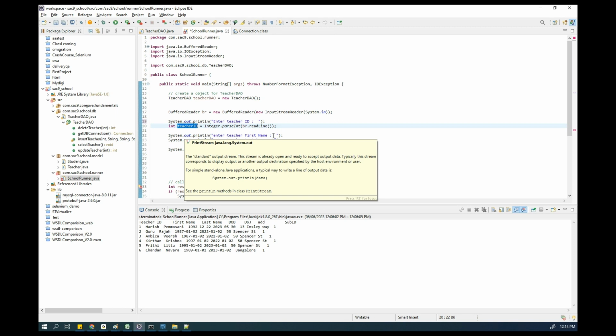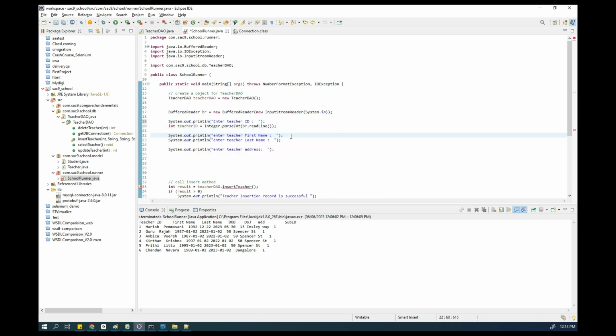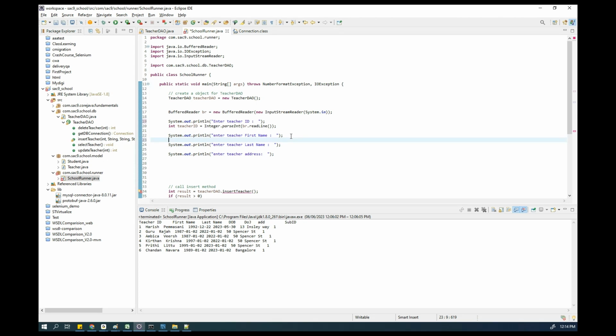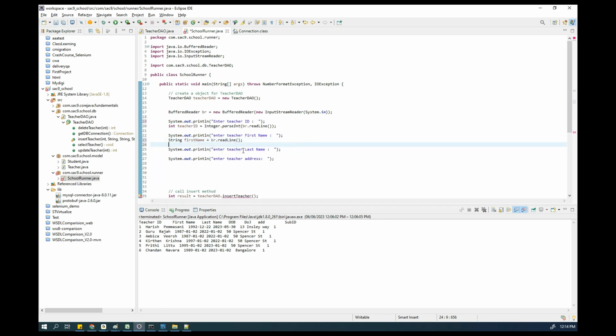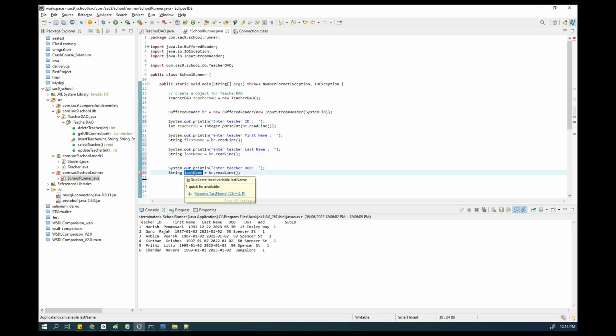Then you will ask enter teacher first name. So then what you will do? Here you will say string first name equal to br.readLine(). Then it will ask enter teacher last name. Then same thing, we'll declare one more variable, last name, br.readLine(). Then it will ask enter teacher date of birth. I'll take this also as string, dob,